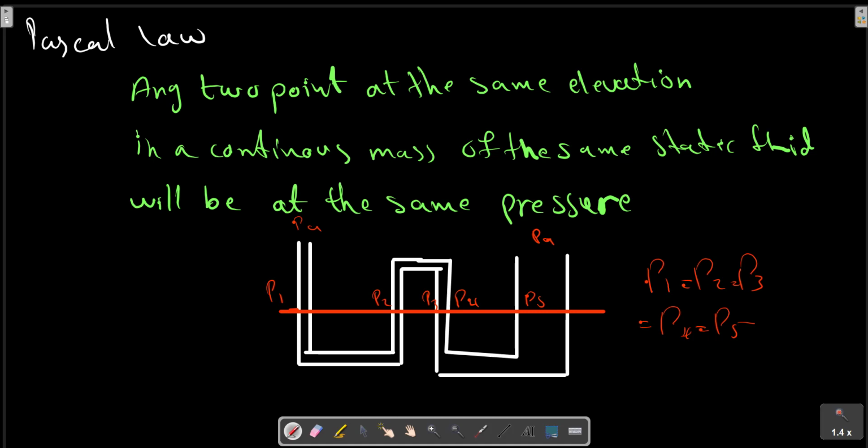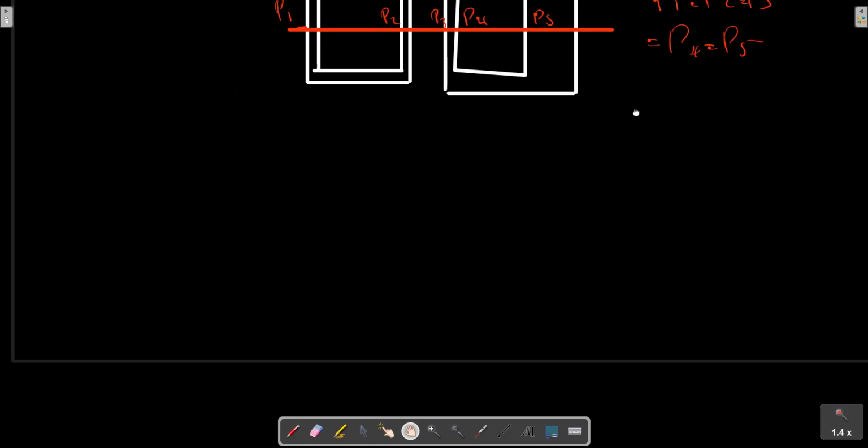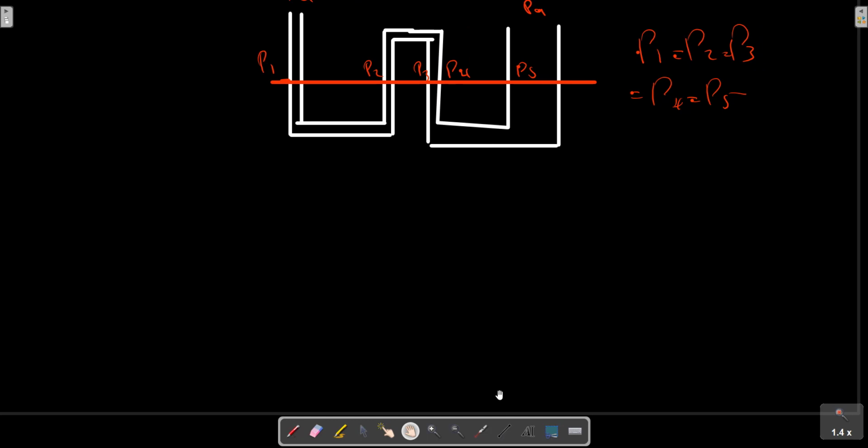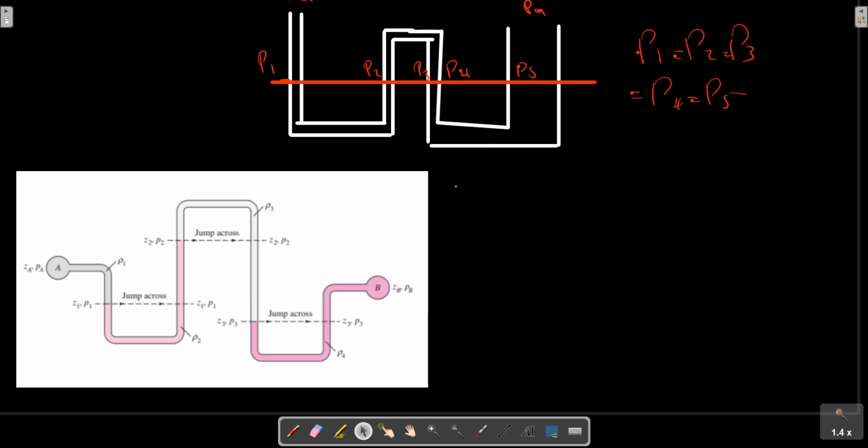Another example of the manometry application is figure 10. It illustrates a multiple fluid manometer problem for finding the difference in pressure between two chambers. So consider the example for another manometer application. In this type of problem, you should first start from point A to point B and write the pressure between two values, at any altitude. In this case, we start with PA minus P1